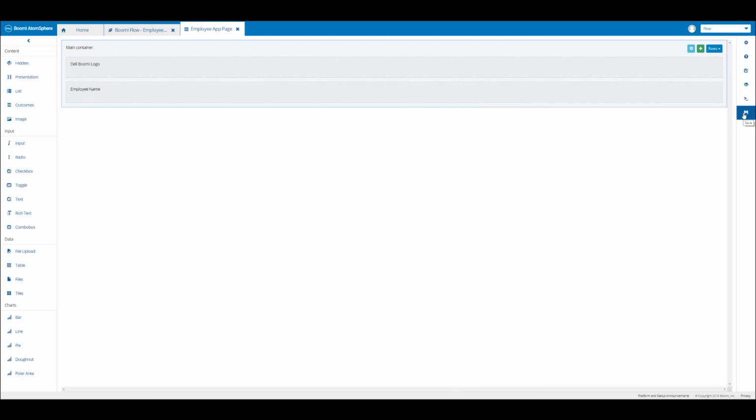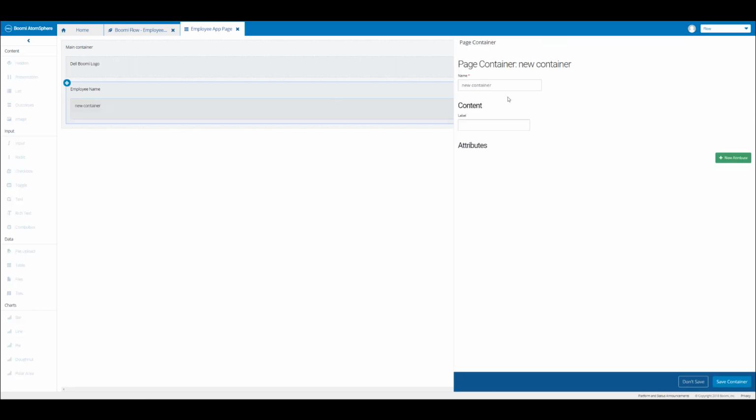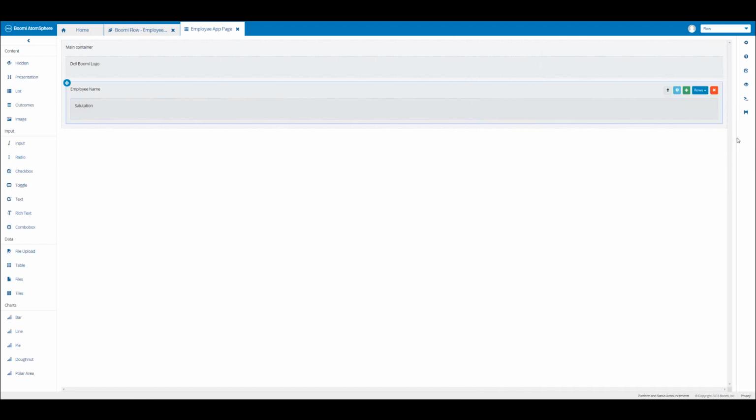to save our changes. Then we're going to click in our Employee Name container and add a new container in here, so we're going to click on the green plus button, and we're going to name this container Salutation, and then click on Save Container, and then click on the disk icon to save. So as you can see, we're setting up our page layout for our page by using our containers to structure